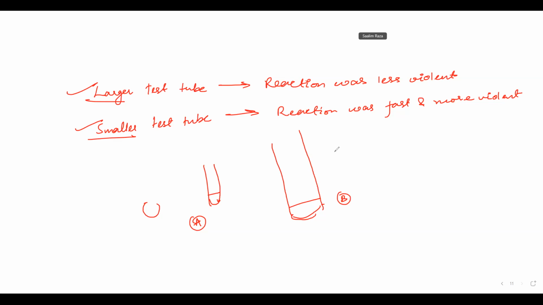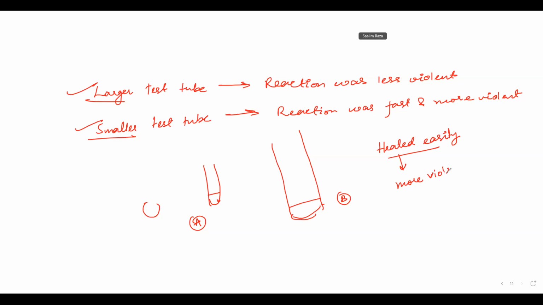The amount is same, right? Yeah, the amount is same. So the area over which it is spread, that is less. So it will get heated easily. The area is less. Yeah, the area is more. That is why it will get heated easily. Okay, now see, if something gets heated easily, that means it should be more violent. Because if we increase the temperature, then the reaction will be much faster, na?